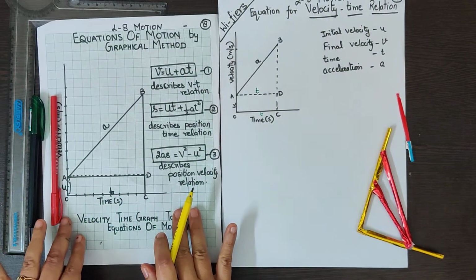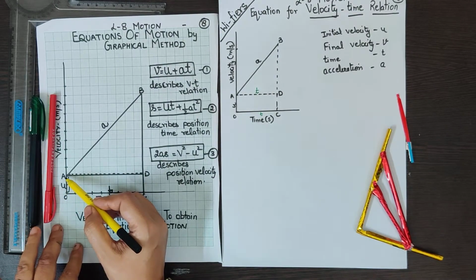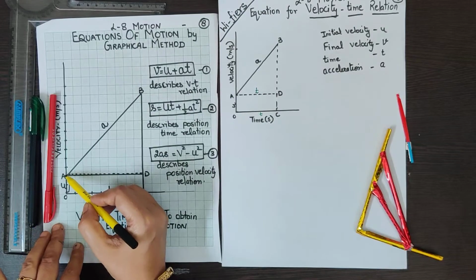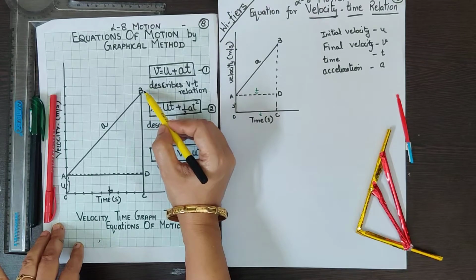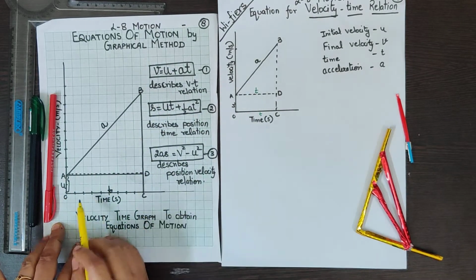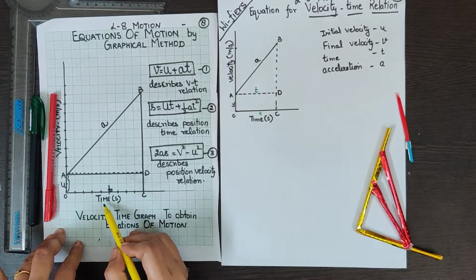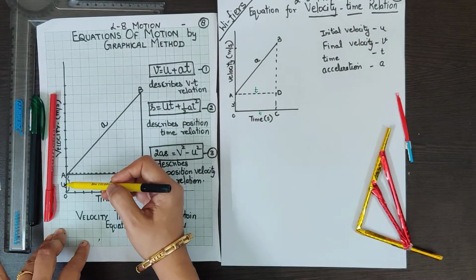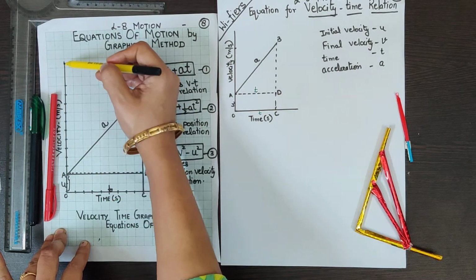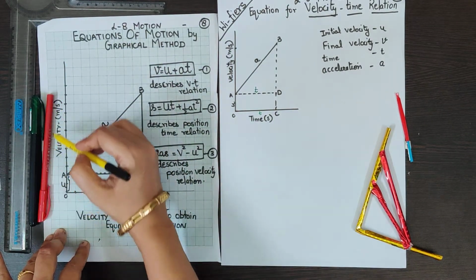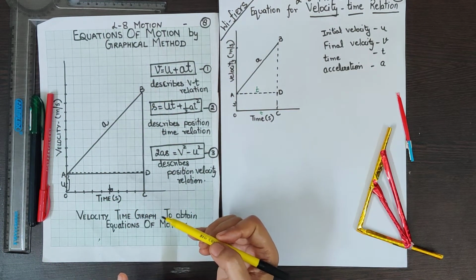Alright children, I am going to draw a graph on the graph sheet which is showing you this is the initial velocity u and the body has reached here with the final velocity v in time t. Plotting the graph here on the horizontal axis, that is x-axis, I am plotting time as I have done in my earlier videos. You can see them in the description box. And the vertical axis, that is y-axis, I am plotting here velocity in meters per second. So let us derive here the first equation of motion.